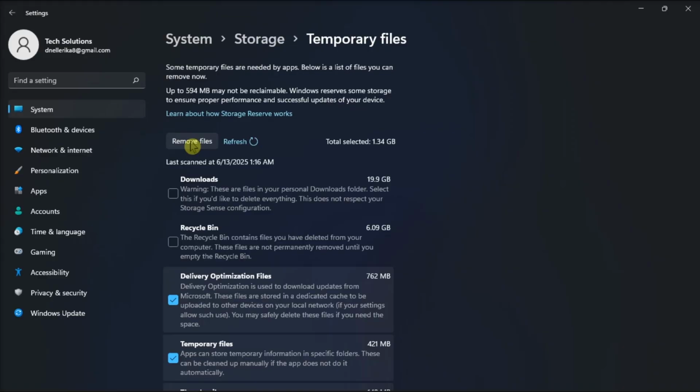So those are the different ways on how to fix Windows Update problems by clearing the cache in your Windows